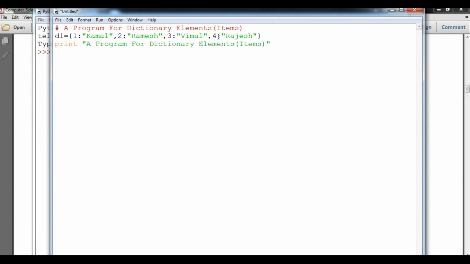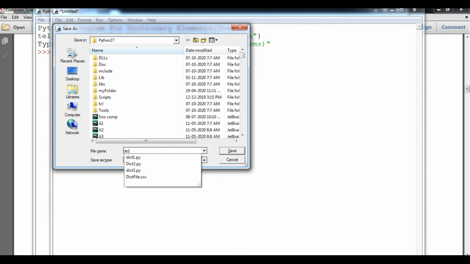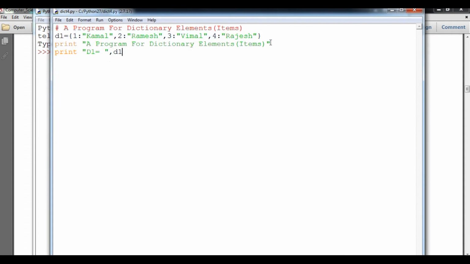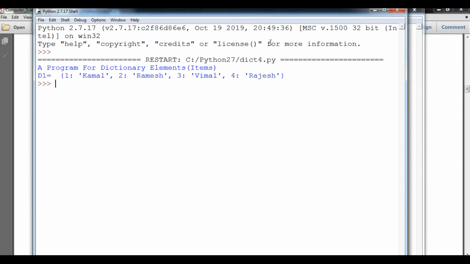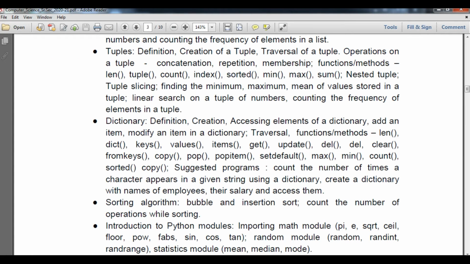Here I am going to print the motive of the program by copying the comment and pasting it, and I'll say to the output screen print D1. I will save and run it. Now you can see the output comes the same as the dictionary I declared, along with key and value. So here we are talking about the first function, that is len.